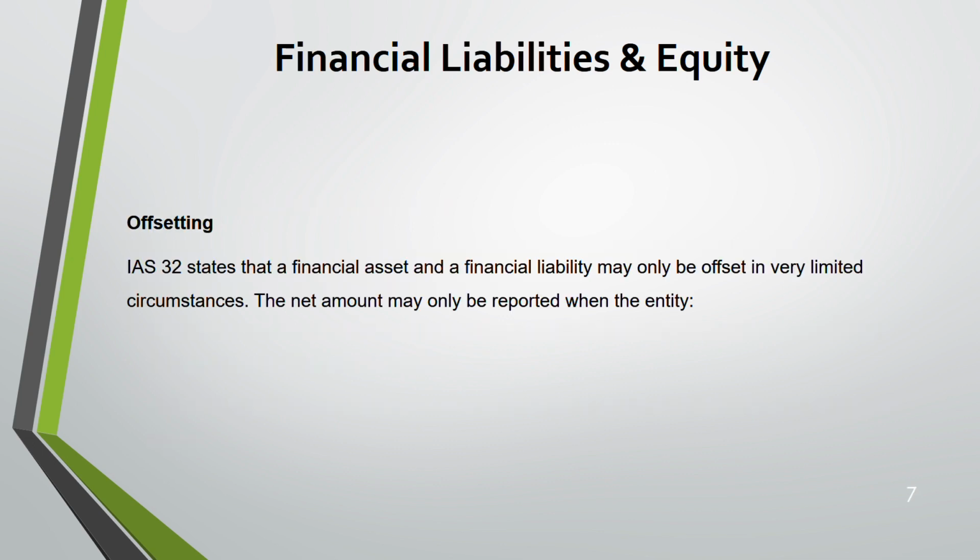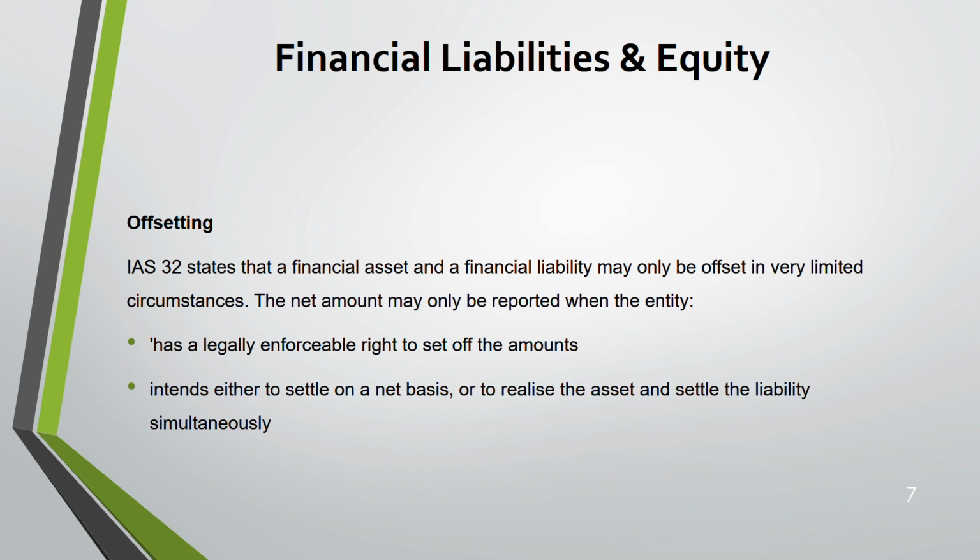Offsetting. What about offsetting? You have a financial asset, you have a financial liability. Can you offset? Can you deduct the financial liability from the financial asset and show the net position? No, you are not allowed to do that. But under two conditions, you can do it. What are they? Number one, if you have a legally enforceable right to set off the amounts, and you intend to settle on a net basis,